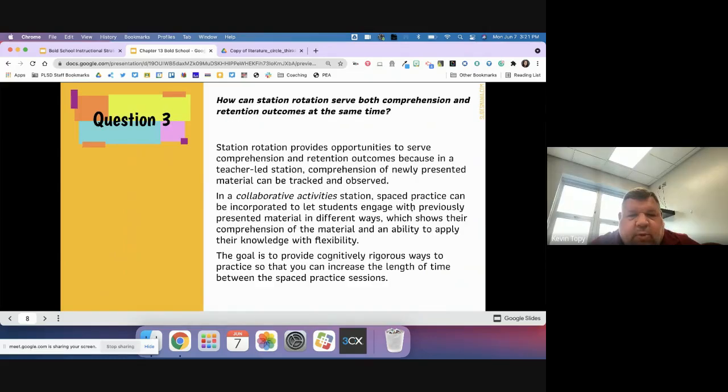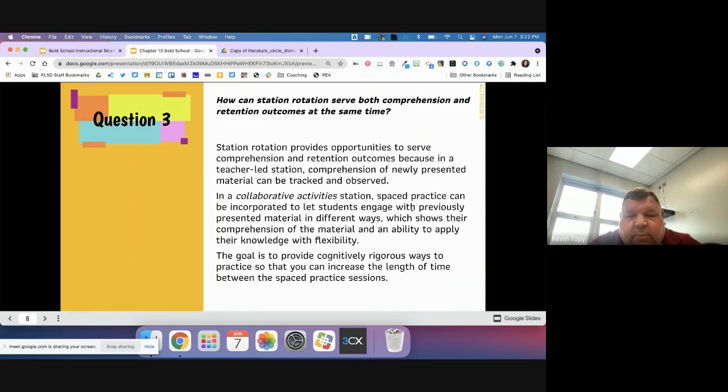And then question 3 was, how can the station rotation serve both comprehension and retention outcomes at the same time? It provides opportunities to serve comprehension and retention because in a teacher-led station, comprehension of newly presented materials is your focus, and that can be tracked and observed closely. In collaborative stations, spaced practice can be incorporated to let students engage with previously presented materials in different ways, which shows their comprehension of the material, and then an ability to maybe apply it into a problem or something that